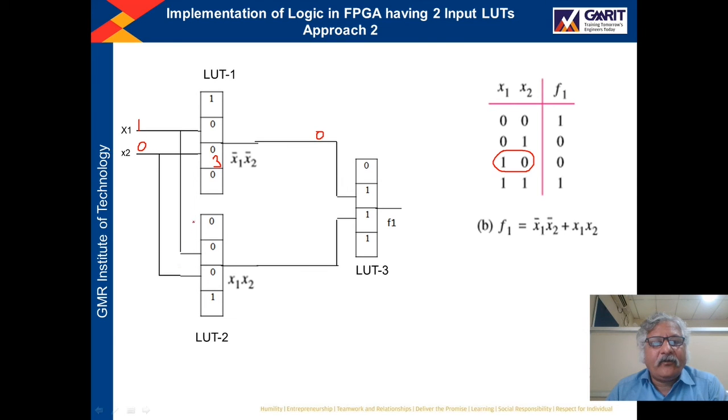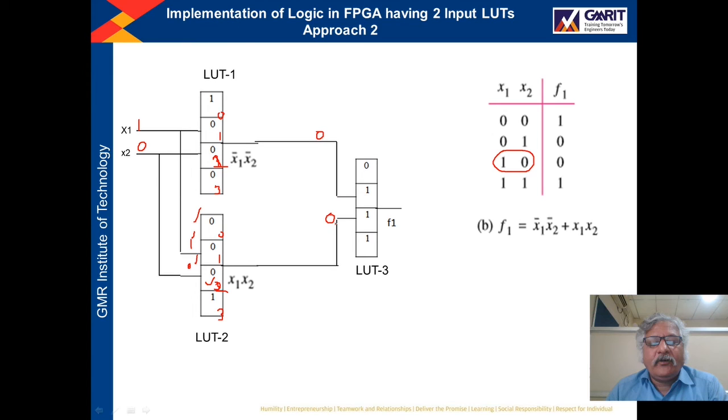And to this LUT also, this is 1, this is 0, so it will activate my cell number 2. This is cell number 0, 1, this is 2, and this is 3. Same way, 0, 1, 2, and 3. So if the inputs are 1 and 0, then cell number 2 will be active, and here we have stored 0, so 0 will come out.